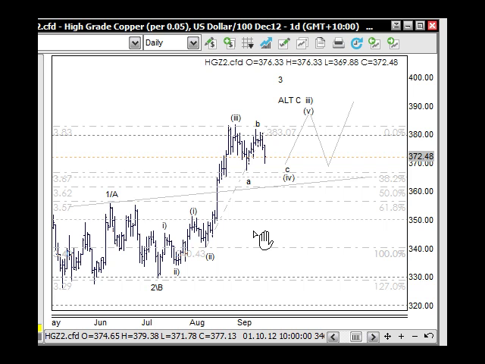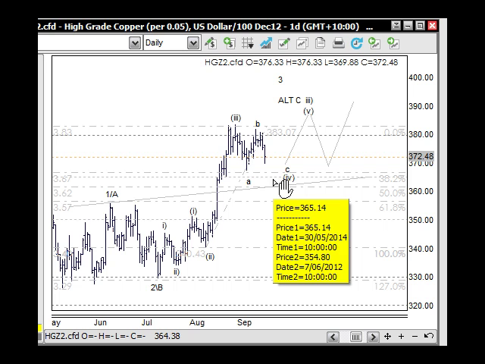And we're looking for an ABC correction for wave 4 here, in terms of the A wave to here, the B wave and the C wave. And the C waves are always in 5 waves, so we're looking for 5 waves to come down through here. The 38.2 retracement level is the 367, so we'll see how we go with that, but we can pretty much expect the 365 to be